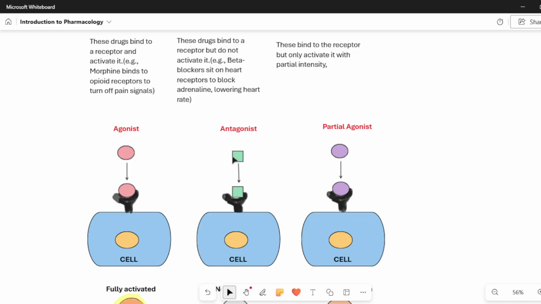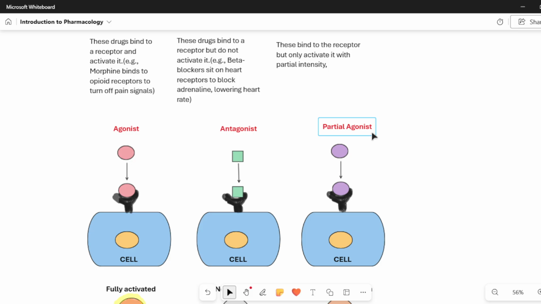This antagonist drug will go and sit here and block these receptors from the other chemical molecule coming and sitting here and activating the cell. It will stop the cell function so that it will not generate adrenaline effects and your heart rate will remain normal. So that is what an antagonist does.